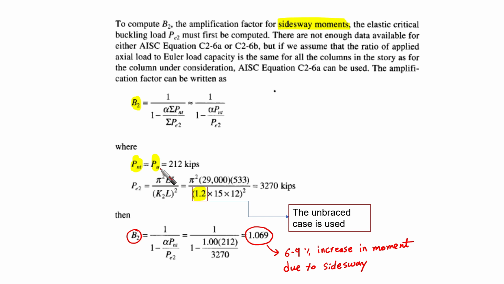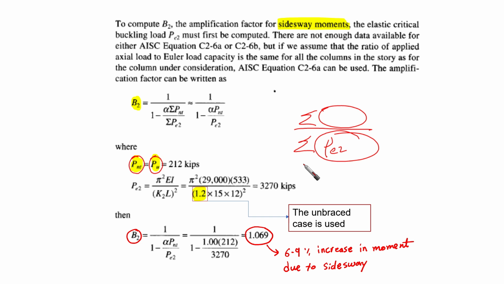Because here our PNT equals P ultimate. The summation means that we have, like, 10 columns over the summation of the PE2 for 10 columns. We said that the ratio of all the 10 columns in the numerator is the same as in the denominator. I mean that the ratio is that of this column that we are talking about. So the summation is going to be cancelled. We're going to use only one column as representative. So PNT in this case is going to be P ultimate only, and PE for all columns is going to be PE2 for this specific